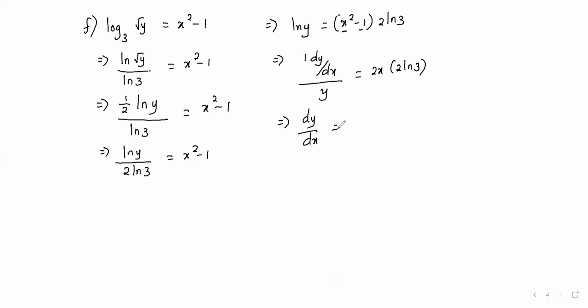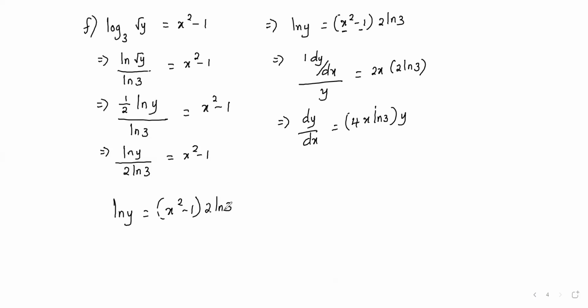dx. If we cross multiply the y, it will be 2 times 2, that is 4x ln 3 multiplied by y. Since we don't know what y is, we didn't solve for y, so we just leave it like that. But if you wanted to know what y is, you could go back to this line, the line y equal to x squared minus 1,